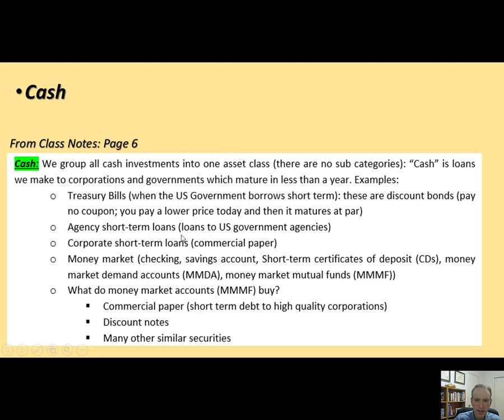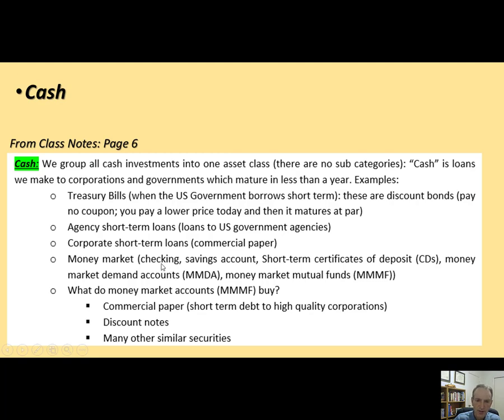When you bundle all these together into one portfolio, it's called a money market account. You could have a money market checking account, a money market savings account. You could have certificates of deposit that banks offer that could be related to the money market. You have money market demand accounts that banks provide, or money market mutual funds, which the mutual fund industry provides. What these are is banks, investment firms putting together a collection of these types of securities into one account and paying you an overall